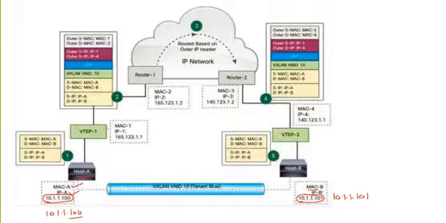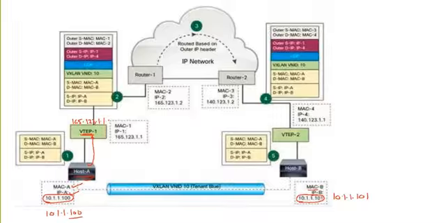What happens as soon as a PC is connected to the VTEP? It learns the MAC address of your host. And each VTEP has an IP address. Suppose this one will have the IP address